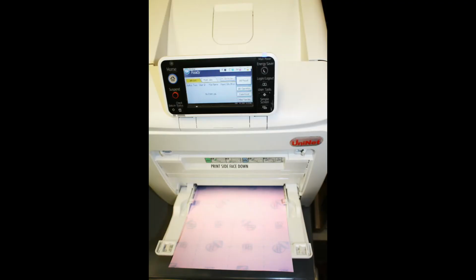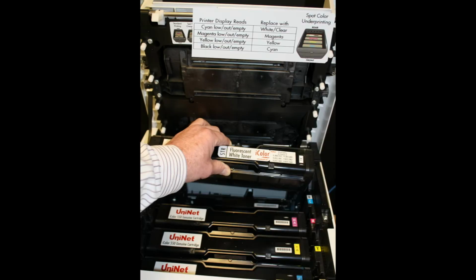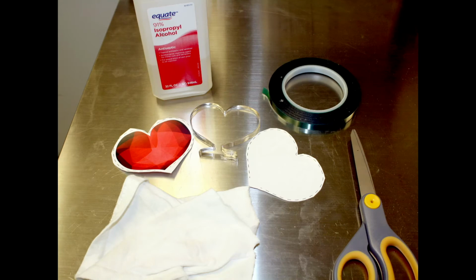Here is the Versa Sheen loaded in the iColor 550 printer. A common mistake is to use the Underprint mode without changing the toner configuration in the printer. The white comes out blue. After swapping the cyan and white toner cartridges and reprinting, I now have all of the pieces needed to start